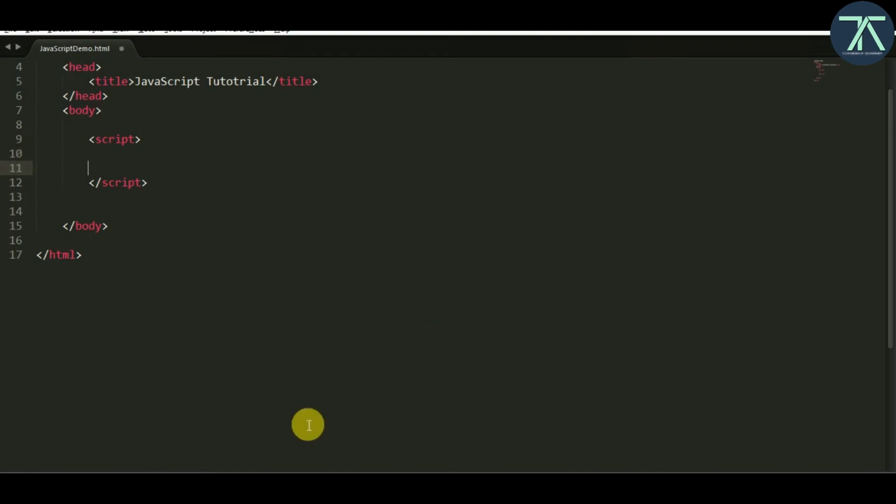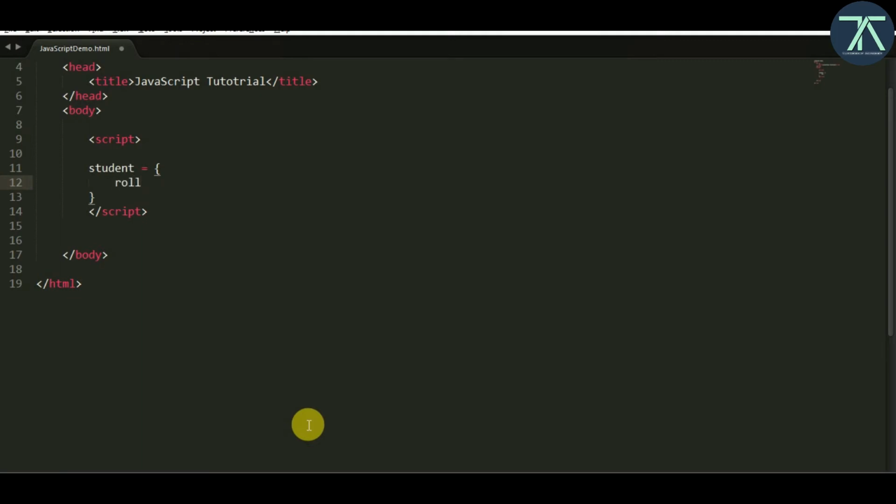To create an object, first I give a name of an object like student, and then I'll define some properties of the student. We have to use a pair of curly braces, and then a student has a roll number, right?